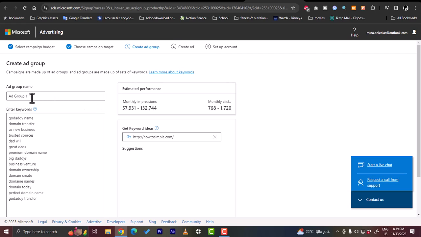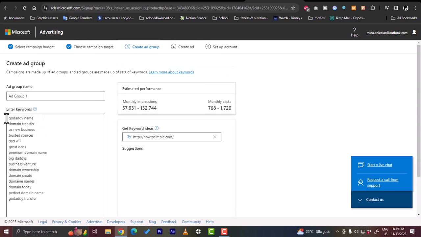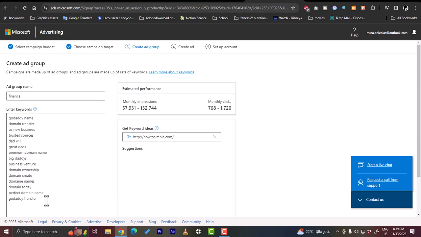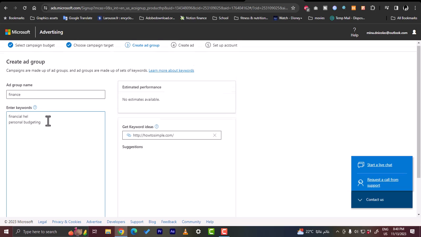Okay, now here you can choose an ad group or get keywords. So let's say my business is about finance. Here you can enter keywords depending on your business type. So let's type in, for example, financial help, and personal budgeting. Of course, you can enter as many keywords as you can in order to relate it to